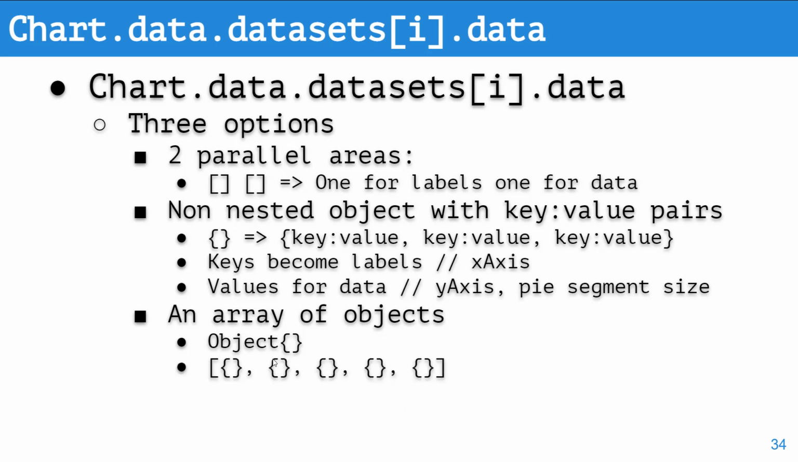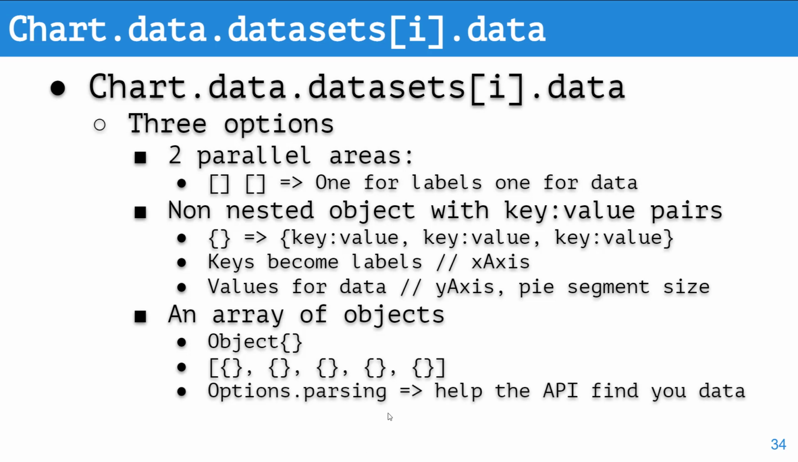And this is where it might need some help, but you'd be surprised when you look at the scatter and the bubble. There's some unspoken defaults in that. So options.parsing helps the API find your data. So in this array of objects, inside this particular object here,